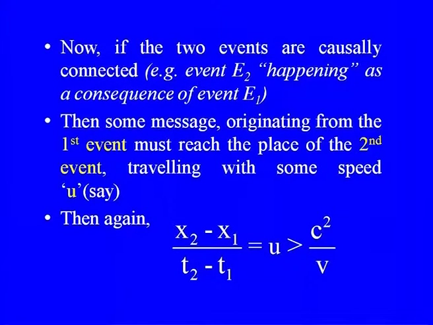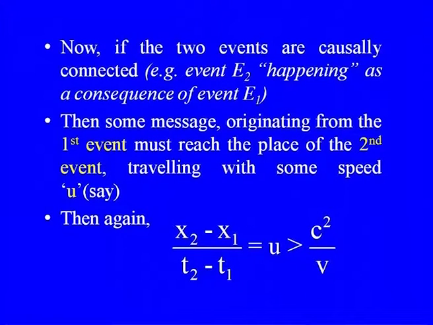So you catching an autograph ball is in a sense dependent on your cricketer signing the ball. So, unless the cricketer signs the ball and throws it to you, you cannot catch the ball. So, in a sense, some message has been passed in this case, an example of two events which are causally connected. In a sense what we have is that some message which is originating from the first event